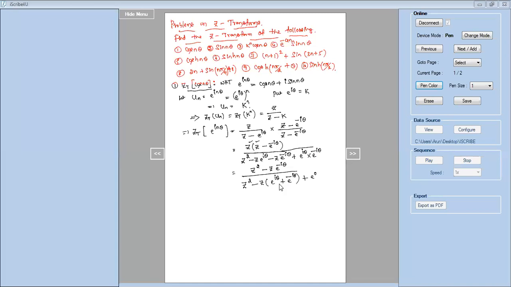I have given this formula in the last class itself. e power I theta plus e power minus I theta can be written as 2 cos theta. So in place of this e power I theta plus e power minus I theta, I'll replace 2 cos theta. So this is equal to